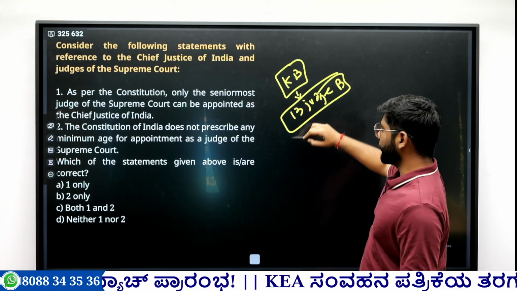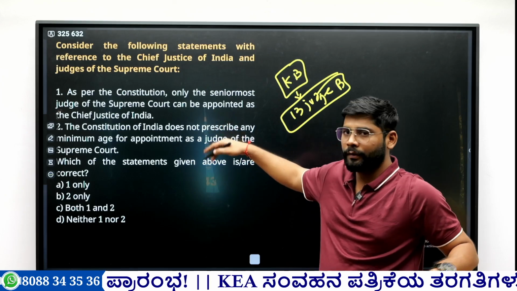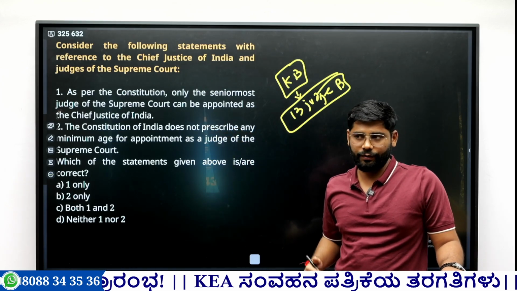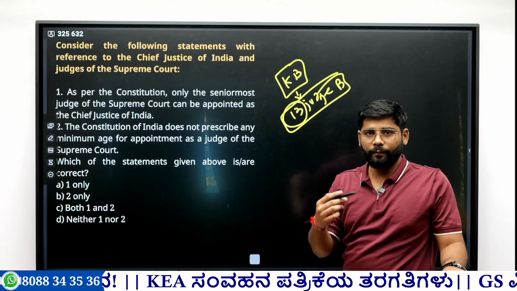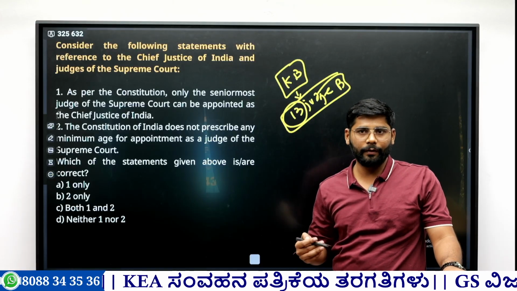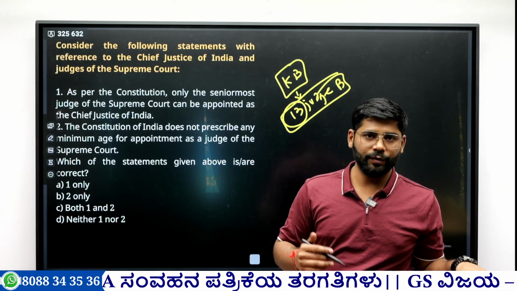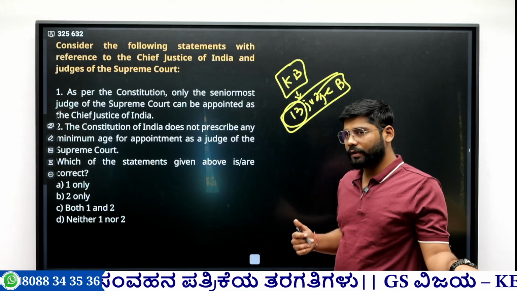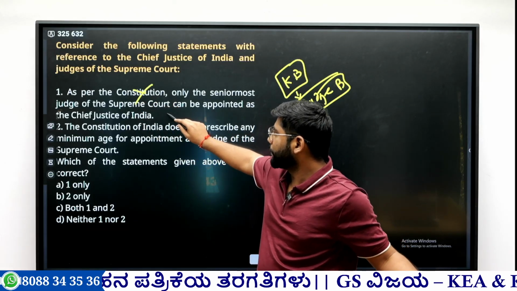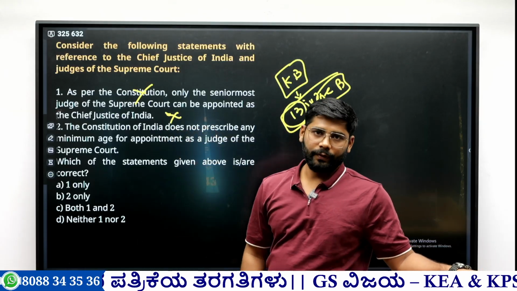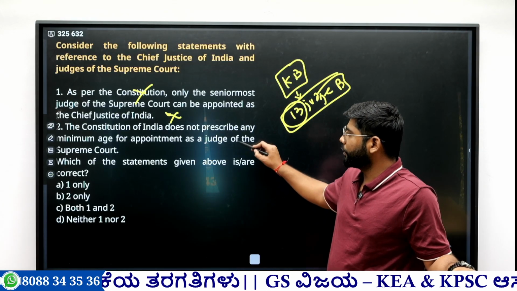In this 13-judge bench, many people who were about to become Chief Justice because of this tradition of appointing the senior most judge as Chief Justice of India, the many people who voted in favor of Keshavananda Bharati, who voted in favor of laying down the basic structure of the Constitution, were dropped. And some junior judge was appointed as Chief Justice of India. So there are incidents when this practice was dropped. So it is not mandatory made by the Constitution, but it is because of tradition or practice. Then second, the Constitution of India does not prescribe any minimum age for appointment as a judge of the Supreme Court.